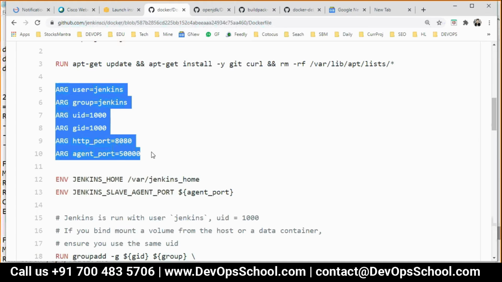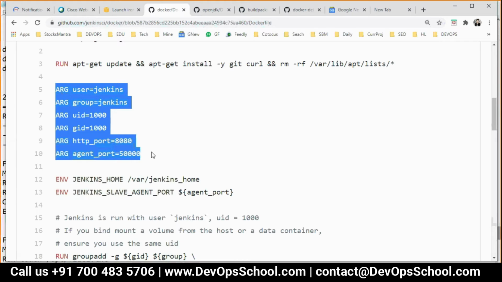Basically ARG is the argument declaration. In a simple way, if you want to declare some values, something like name equal to Rajesh Kumar, and I want to use this variable multiple times in the project, so $name, $name, like that you can use. So this is the way.